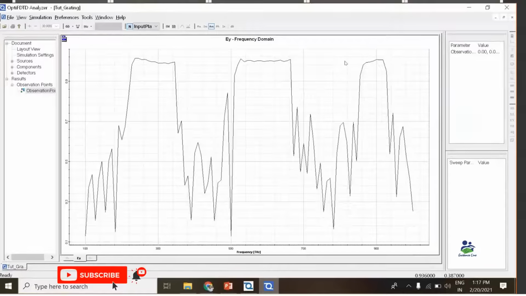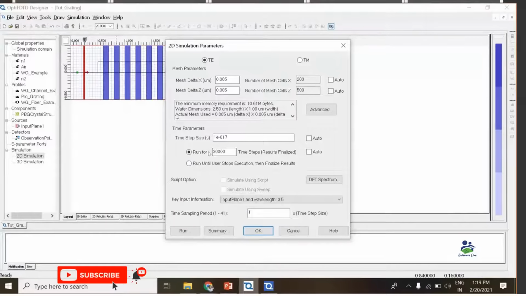Again we get sharp spikes over here, and we do not have a smooth curve. We still require the time step to be a much larger value so that we get discretization in such a way that we get a smooth curve, rather than these particular spike values. But I think it is sufficient to make you analyze how we can perform a simulation for an optical grating. You can see we have run for 30,000. If I run for a time step value of 1 lakh or 1.5 lakh, then definitely we'll get a smooth curve over there.